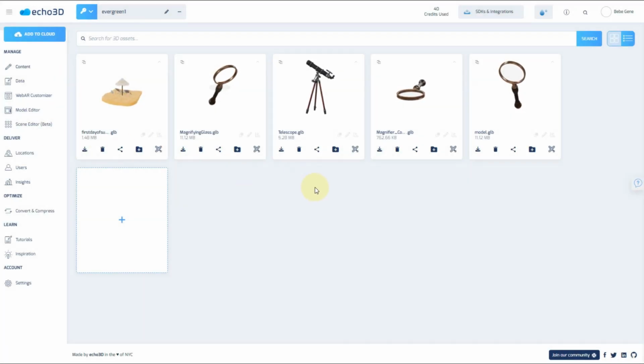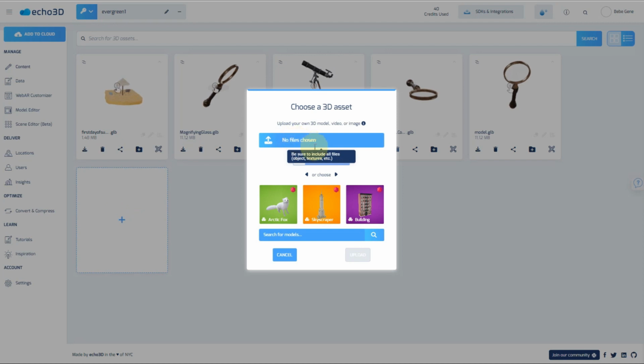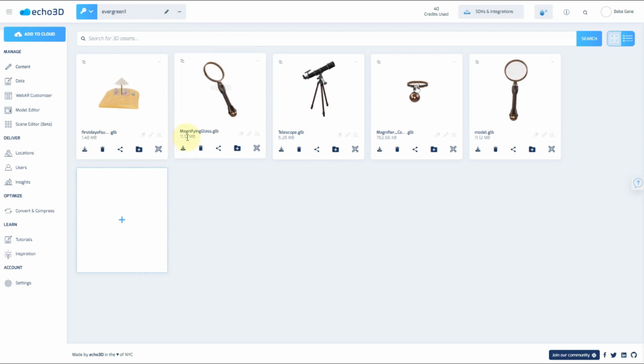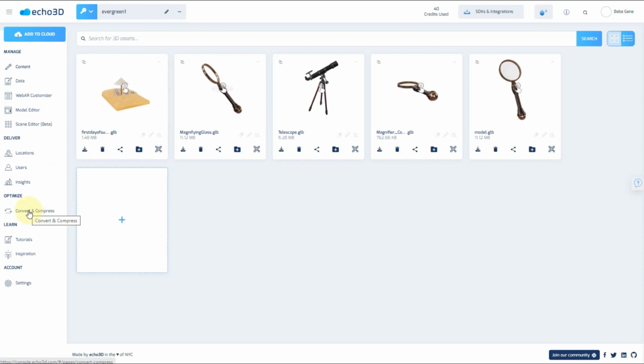Whether you want to upload your own model, which you can do by clicking on Add to Cloud or clicking on this empty content card and choosing your file, or uploading it from Google Drive, or picking one of our many 75,000 plus models. We'll choose the magnifying glass model. It's 11.12 megabytes. If you go down to convert and compress,